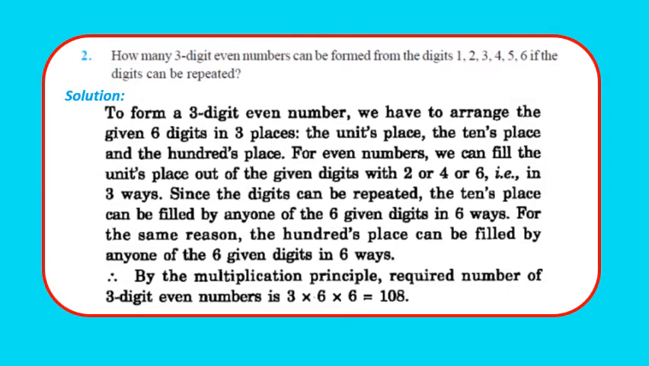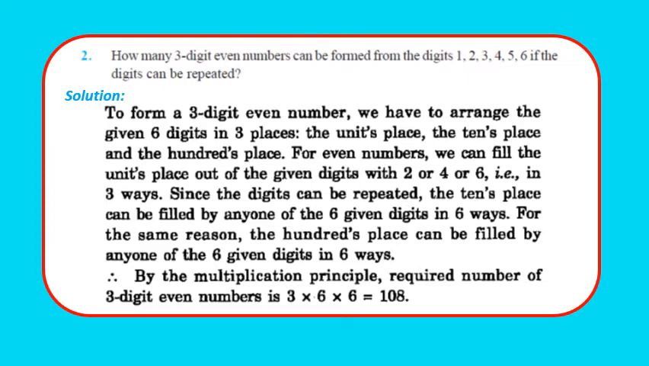Moving to question 2. How many 3-digit even numbers can be formed from the digits 1, 2, 3, 4, 5 and 6 if the digits can be repeated? Now here we have to form only the even numbers. Even means that at unit place only 2, 4 and 6 can be there. So number of possible digits for the units place will be 3, because only 2, 4, 6 can be there. Now unit place will be filled by any one of the 2, 4 or 6. But in the tens place, we can fill any of these 6 digits because repetition is allowed. The digits possible at the tens place will be 6. And in the same way, the 100th place can be filled by any one of the 6 digits,